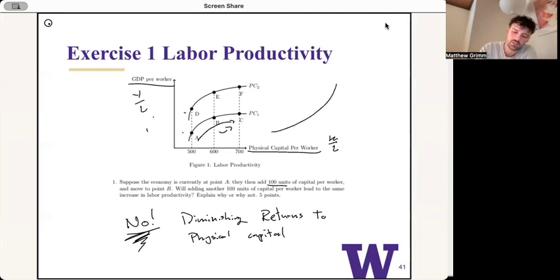If you had a shape that was more like this, then you'd have increasing returns to physical capital. So that would tell a different story. But that's not how we've modeled it. And empirically, that does not seem to be